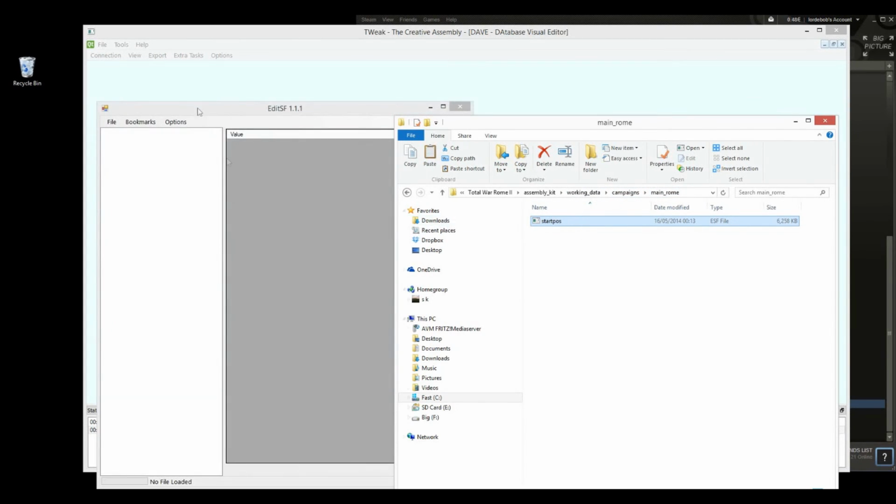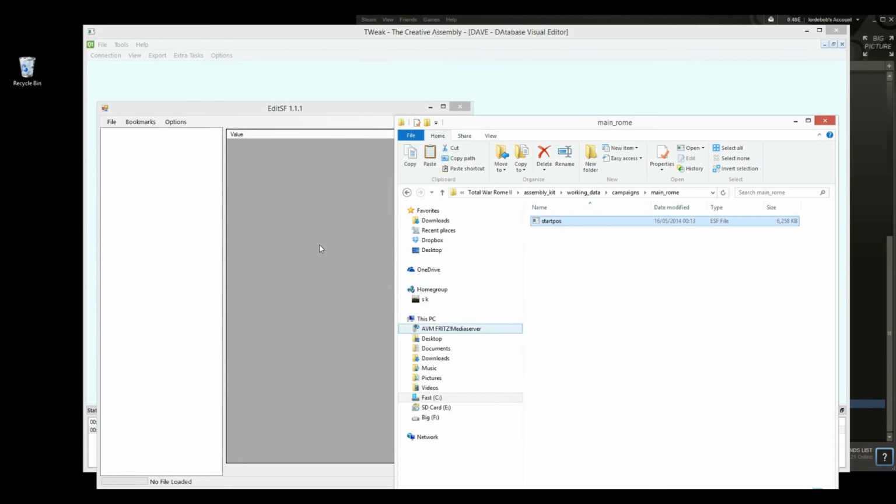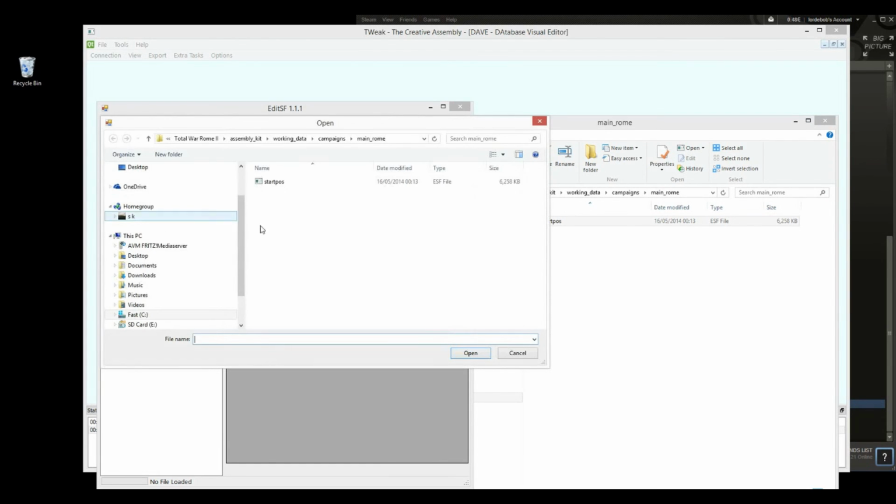For this, I'm just going to open it up with Edit SF, which is a program which allows me to edit Startposes. Normally I do it with PFM, but for this it's just easier to look in quickly. Yeah, it's quicker for me to do it like this. So come to the same directory, open it up,